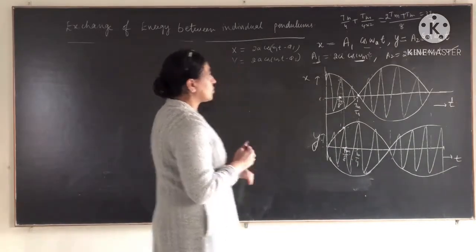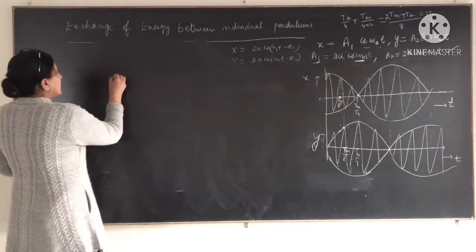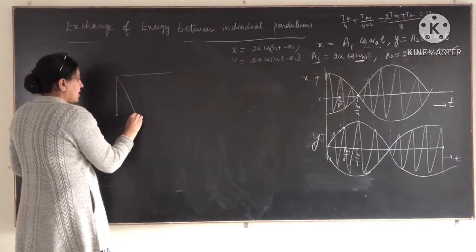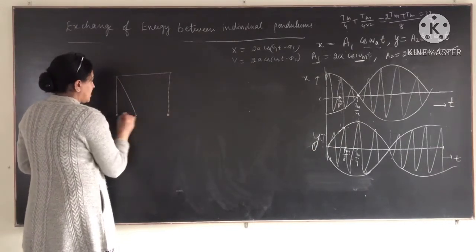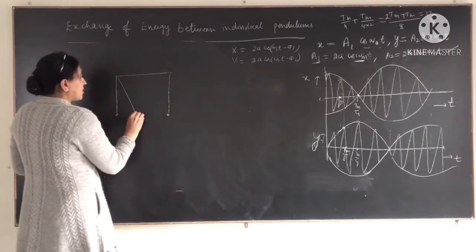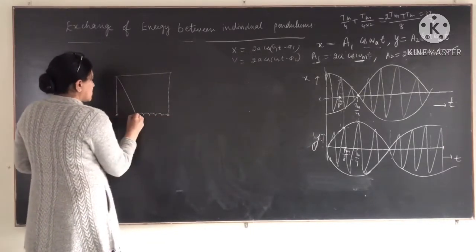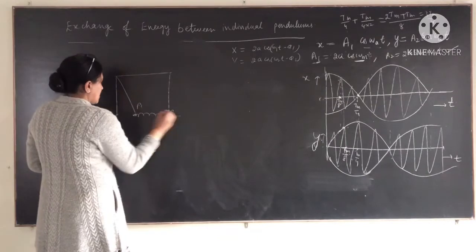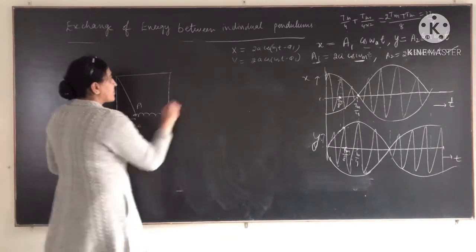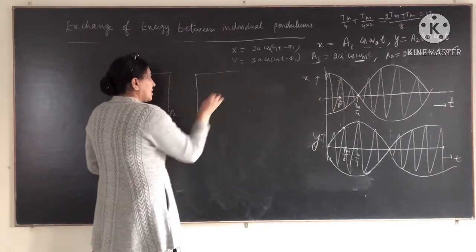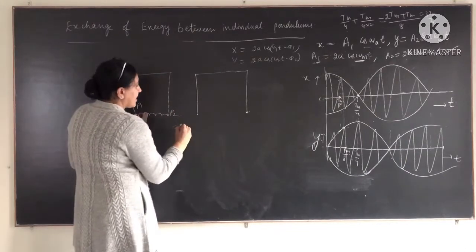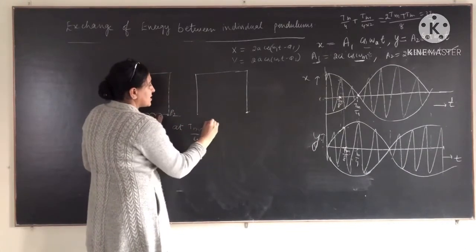You can also show it diagrammatically like this, that if first whole of the energy is with pendulum P1, I show like this. Clear? So first of all, whole of the energy is with pendulum P1. So this is P1, this is P2. So this is amplitude, full amplitude, x is equal to 2a. And then whole of the energy is with pendulum P2 after the passage of time at Tm by 4.